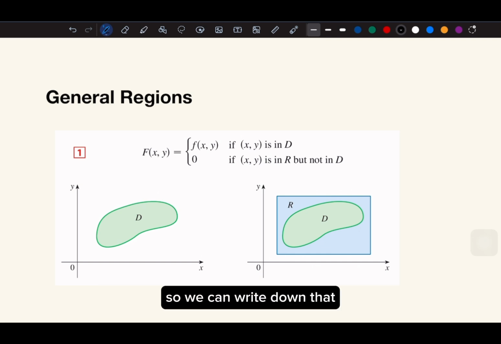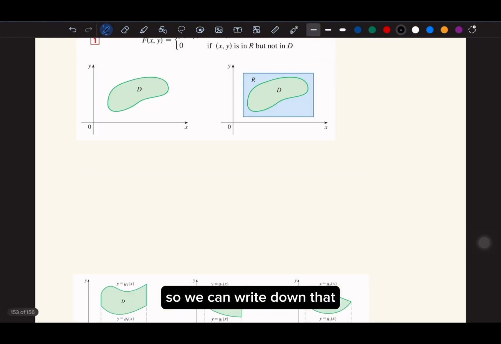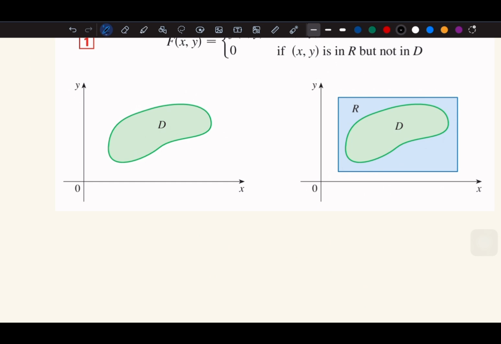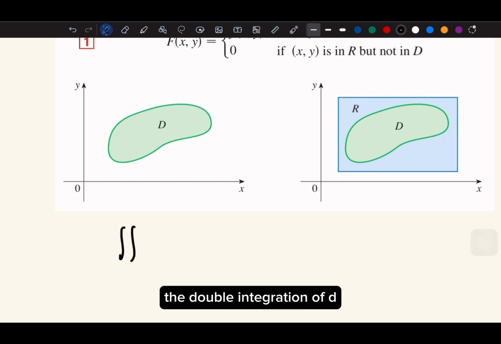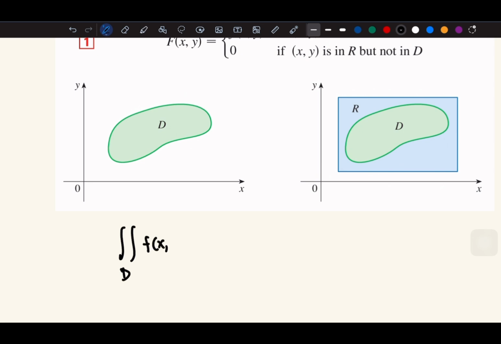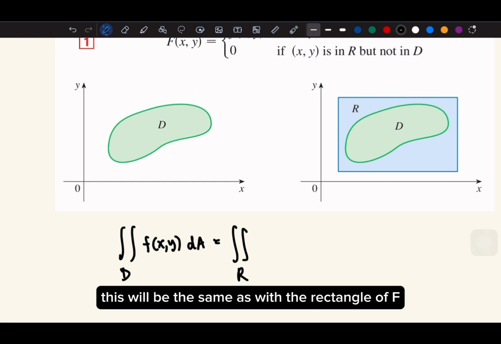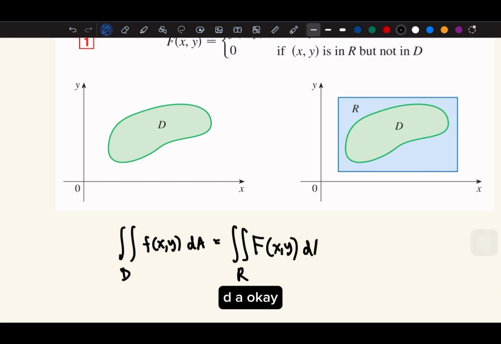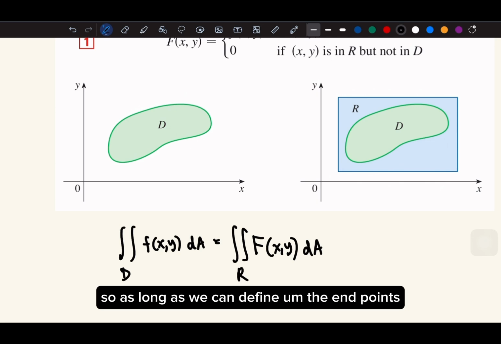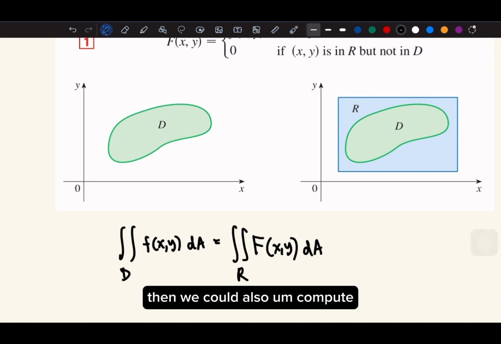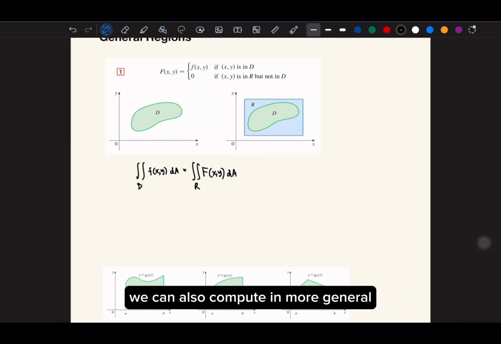Okay, so we can write down that the double integration over D of f with respect to dA will be the same as with the rectangle of F dA. Okay, so as long as we can define the endpoints, then we can also compute. Okay? In more general,